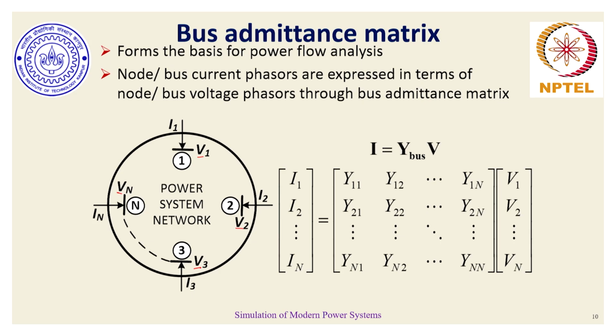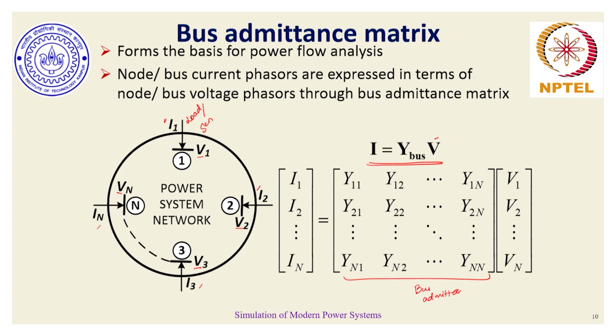We also have to think that across these buses there could be a load or generator connected, or both of them could be connected, because of which there are these injections I1, I2, I3, In, and so on. So, is there a way to correlate the injections from the buses into the network, the currents, in terms of voltages? Yes. The corresponding relationship of bus currents as a function of bus voltages is done through a matrix which is nothing but the bus admittance matrix.